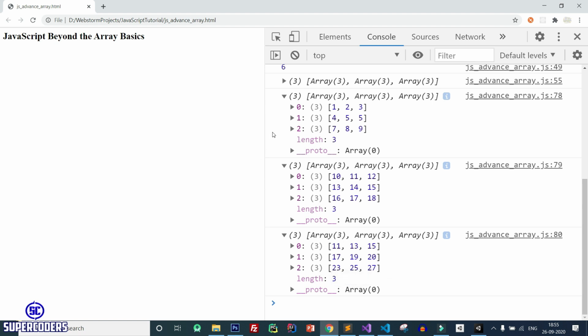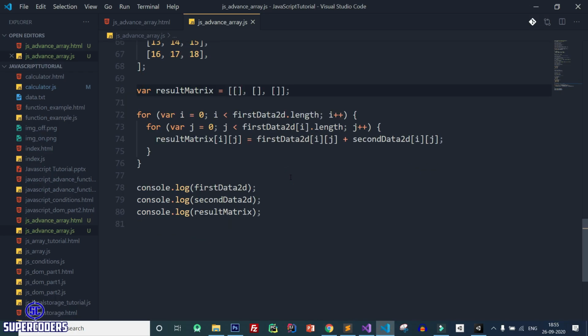So here our addition of matrix is working perfectly using a JavaScript 2D array. So again back to VS Code, and let's work on another concept of arrays.